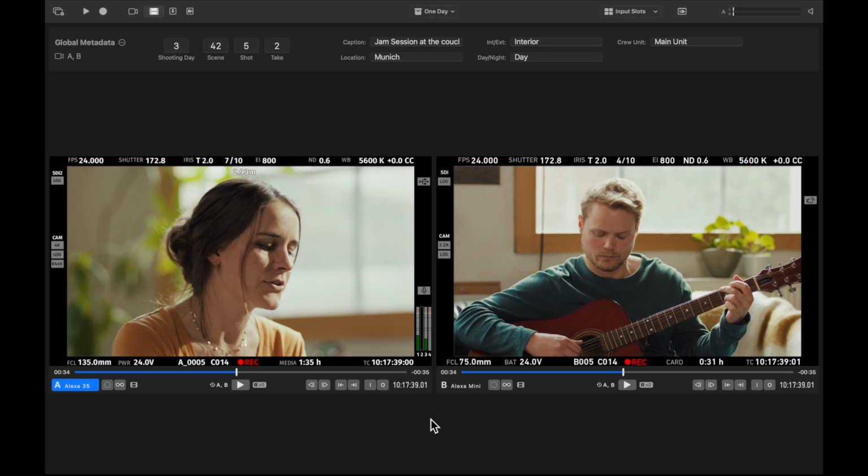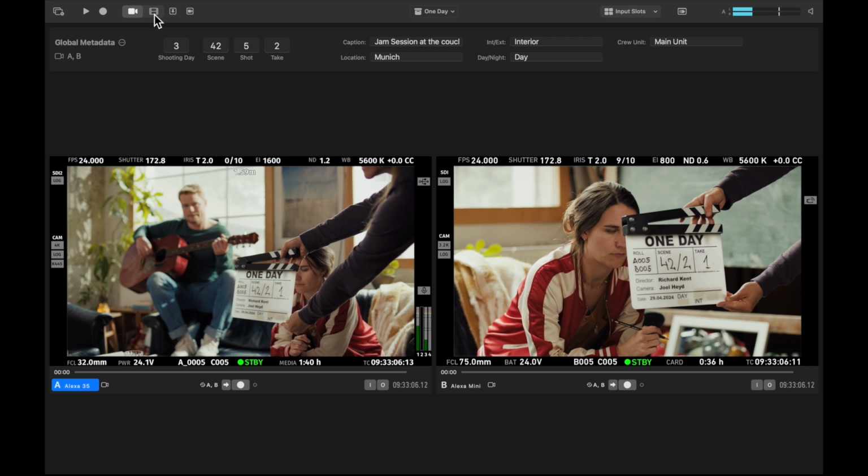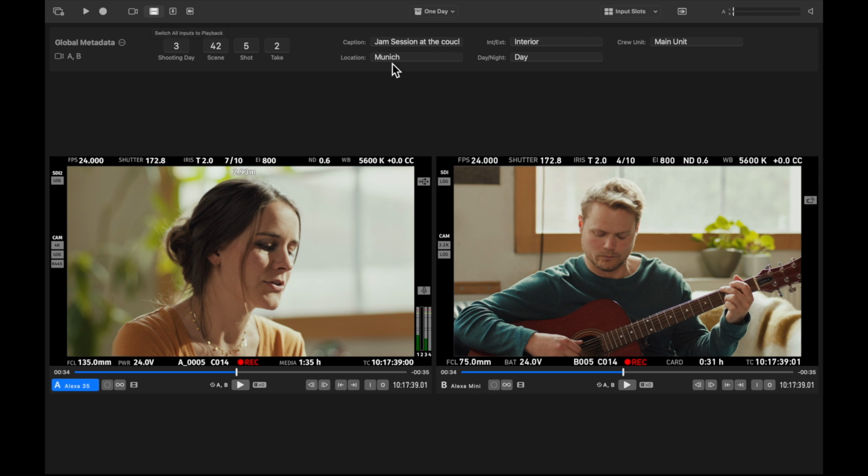There are 3 different multi-view layouts based on the slot types: input slots, library slots, and output slots. In the input slots multi-view, you see all of your currently configured incoming camera feeds. This window layout could become your best friend when working on a small screen. You can do recording and playback, while the global metadata for your upcoming recording are always at your fingertips. And of course, the toolbar's most important global actions are also available.